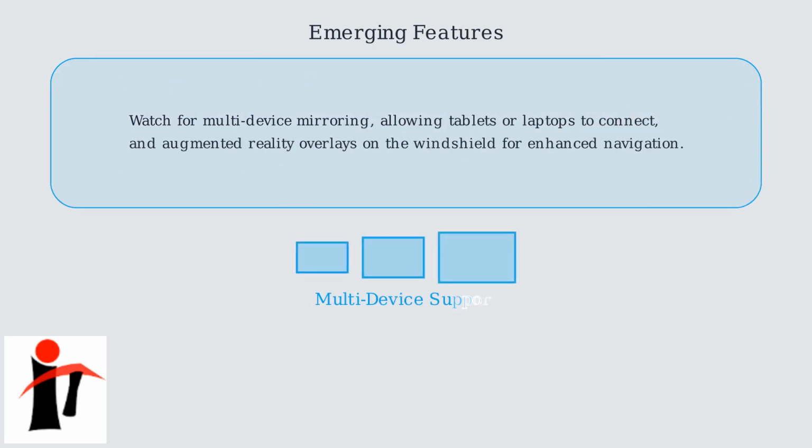Standard in Model 3s since 2024, 5G enables faster mirroring speeds and seamless real-time data syncing, providing live traffic updates and other dynamic content without noticeable latency. Keep an eye out for emerging features like multi-device mirroring, which could allow tablets or laptops to connect alongside your phone. Additionally, augmented reality overlays on the windshield may provide enhanced navigation and safety information directly in your field of